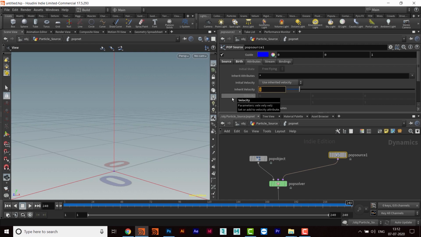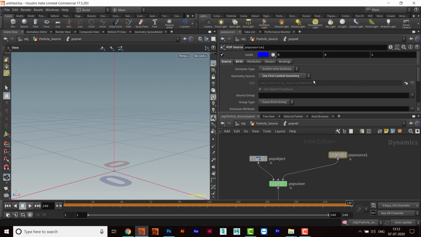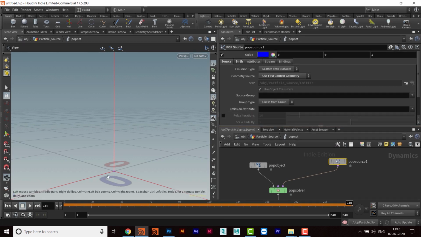Now I think it should have come. Okay, yeah. So now the problem is, because we don't have any kind of surface here, so this should have been in the points maybe.